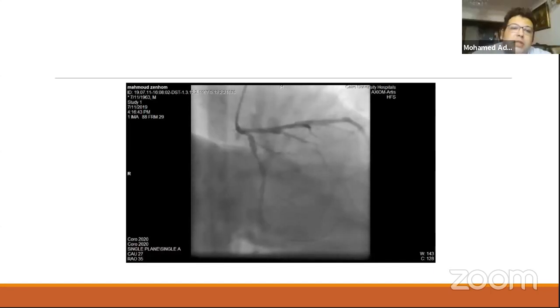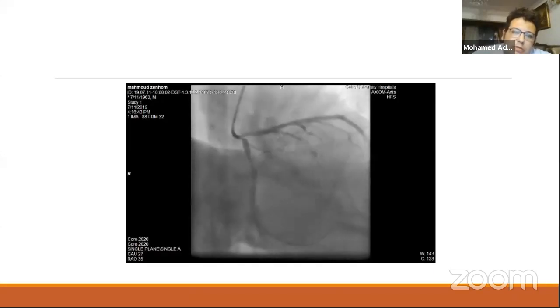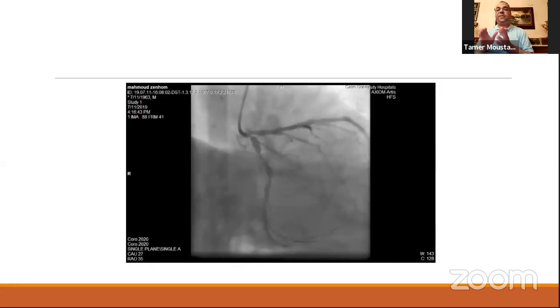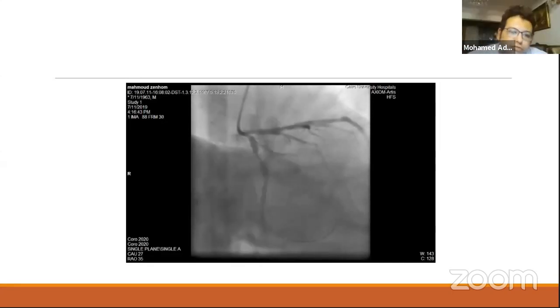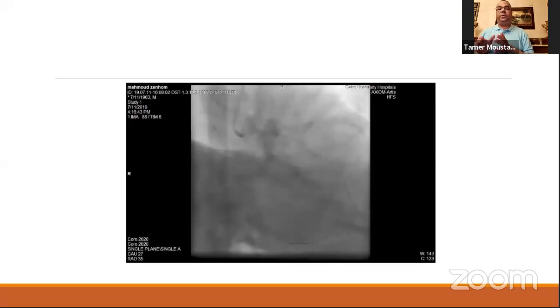Yes, but I went first to stent or to open the subtotal occlusion in the LAD. Then I dealt with the left main, distal left main, with a Culotte technique. So you made the decision after stabilization of flow in the circumflex. Okay, Mohamed, so you decided that you will go by Culotte technique for this bifurcation lesion.